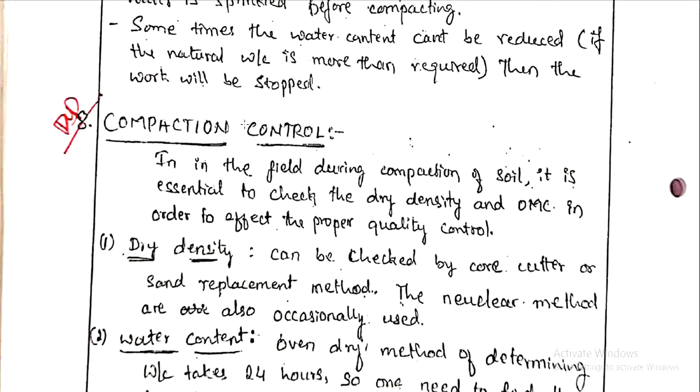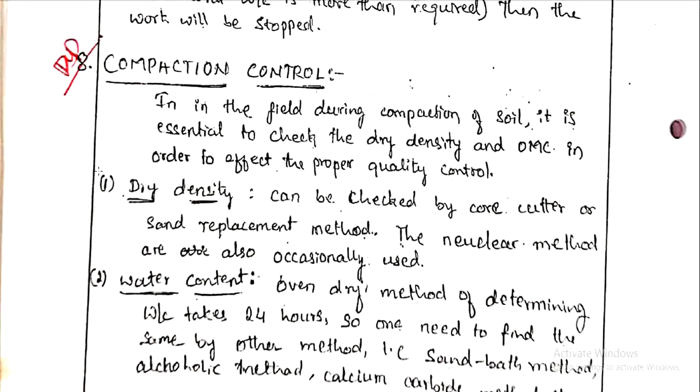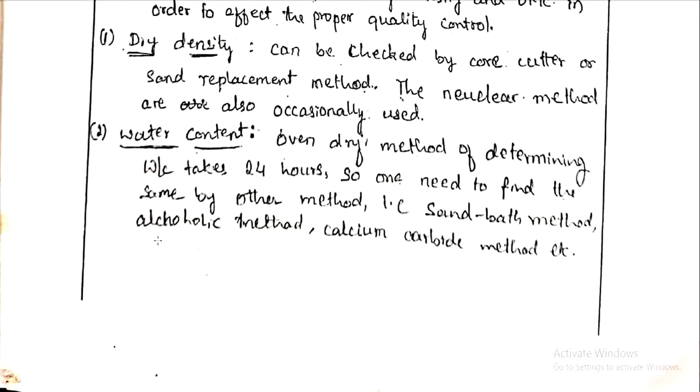So how is compaction controlled? One by controlling dry density and another by controlling water content. Dry density is controlled by taking the reference value as maximum dry density, and water content is controlled by taking the reference value as optimum moisture content. Okay, next you can see